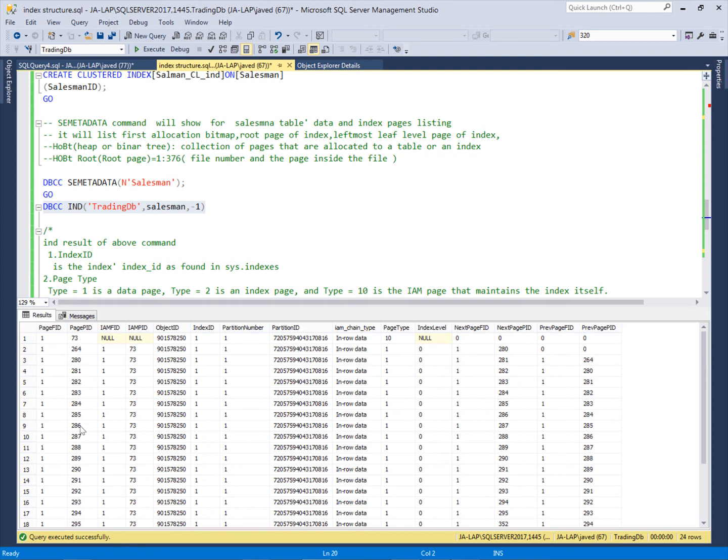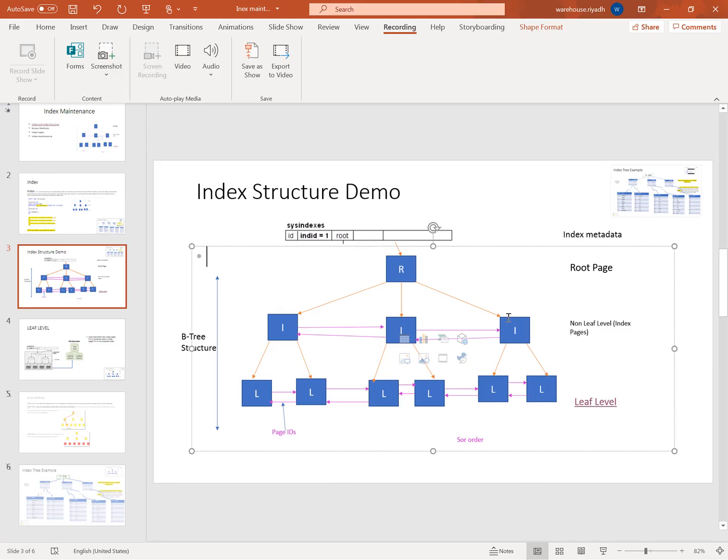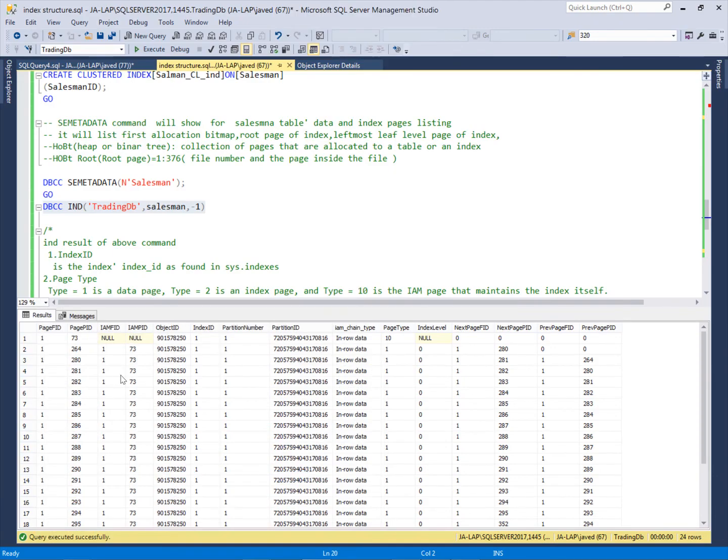So the pages are not contiguous pages. There are gaps between these pages. Here we can see them as contiguous, but actually in this structure it is not contiguous.